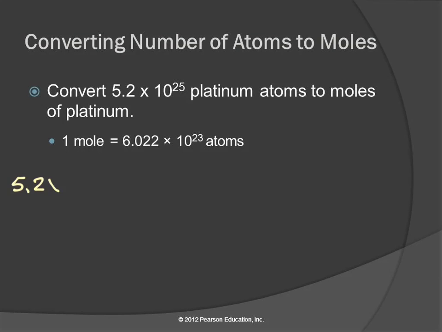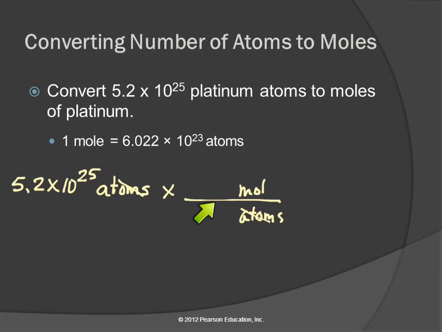5.2 times 10 to the 25th platinum atoms. So we're trying to get to moles. So this time we multiply by mole and divide by number of atoms. We don't have to remember any formulas or anything because the units tell us what to do. The units are saying multiply by moles, divide by number of atoms. And then this relationship between moles and atoms is 1 mole is Avogadro's number, 6.022 times 10 to the 23rd,